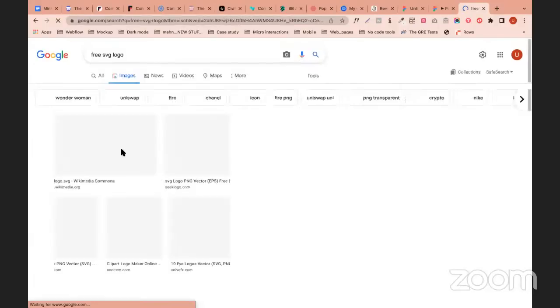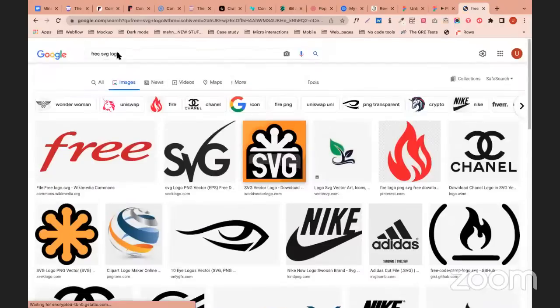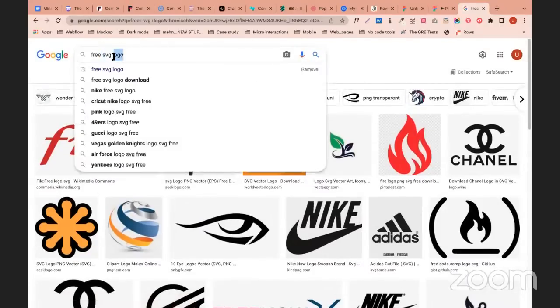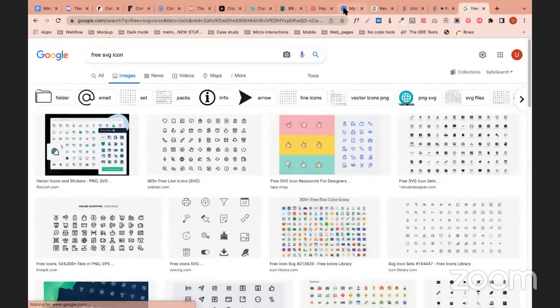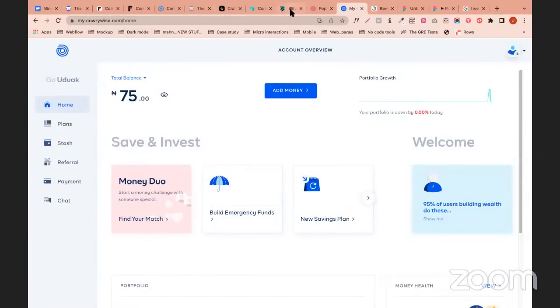And all these logos, if you don't want to go and use somebody's logo, so what I do, let me give you my example: free SVG icon. I use icon though. When I was learning, do you understand? If you want to, just like Harry Wise that they wrote something here, or BB. This is BB's logo. Look at it here. If not, just like Revolut, Revolut is just R. Look at Revolut's own here. If you see it very well, this is it. Even aside from the icon, you can even just